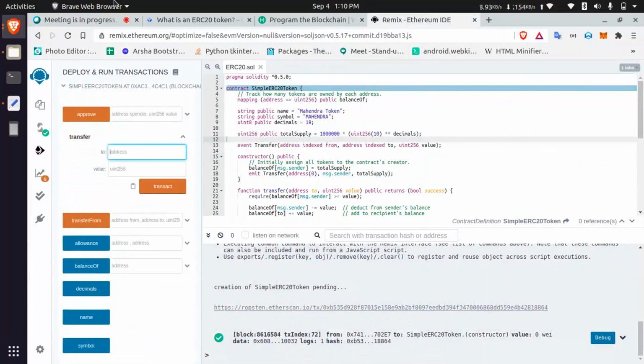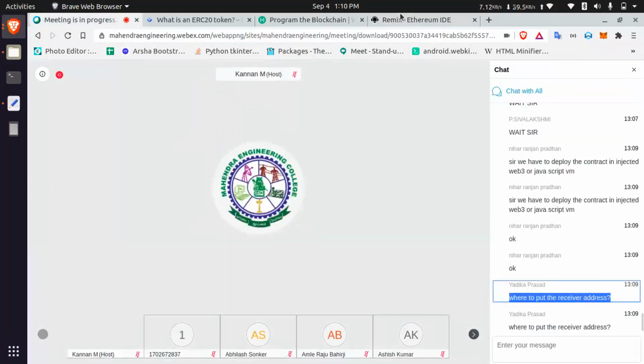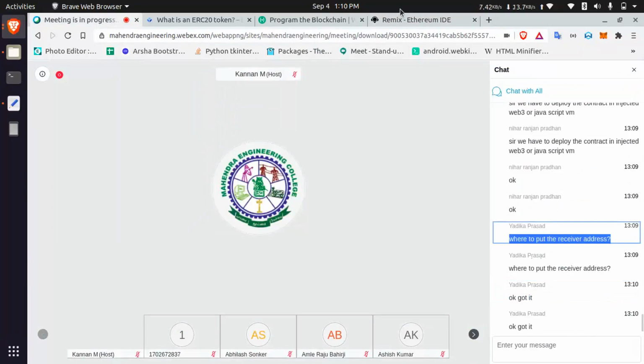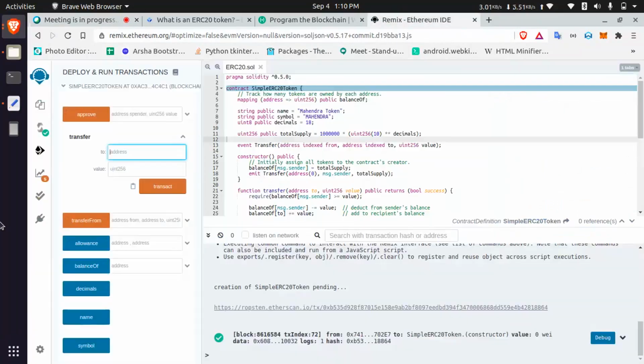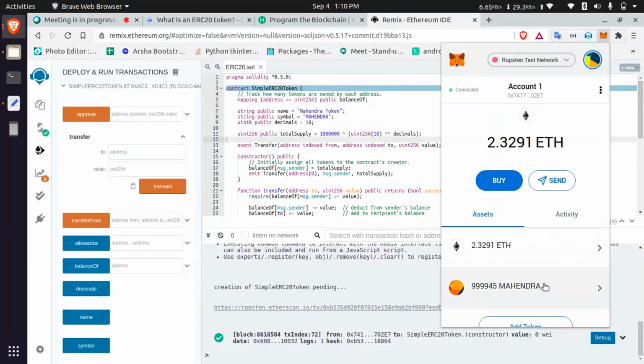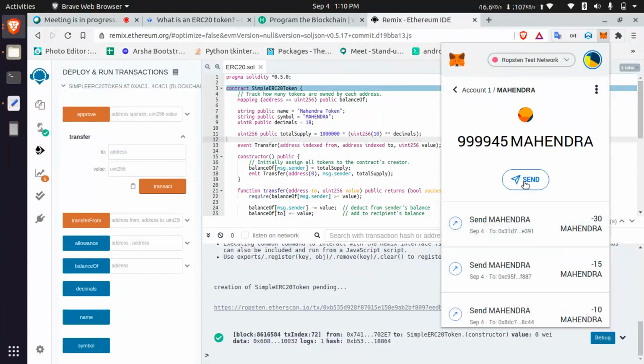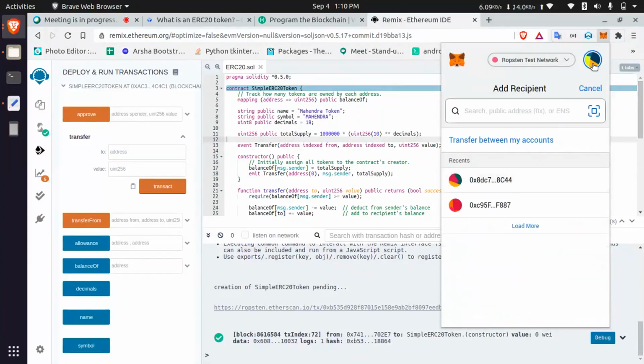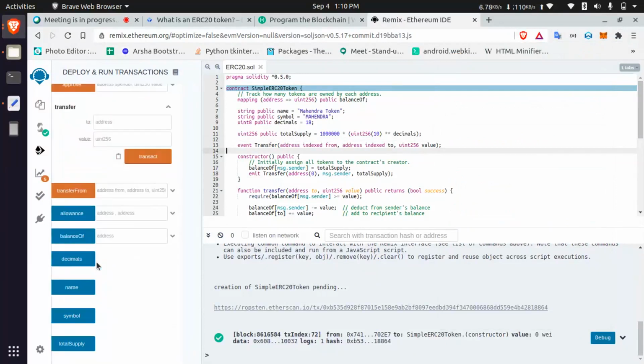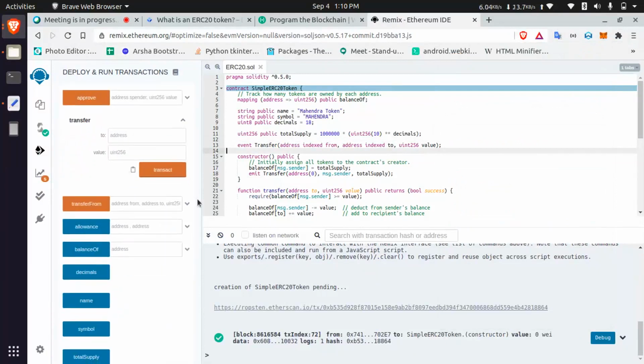Share your Ethereum address. You can perform it here, or else in MetaMask itself. There are two options. MetaMask also gives a send option, the same as Ethereum transfer. Or else if you want to transfer with contract calls, you can use contract calls.